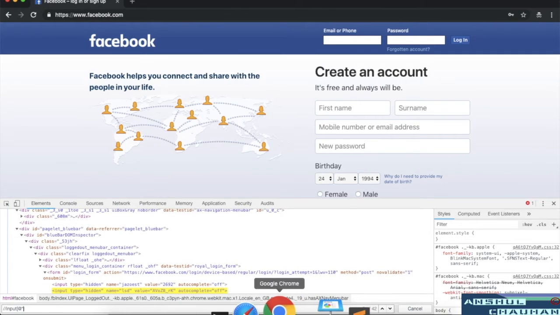You can see we have 42 elements present inside the input tag, and they have at least one attribute. We are searching the XPath on the at the rate, so we can see there are 42 web elements on this web page which have the HTML tag input and at least one HTML attribute.